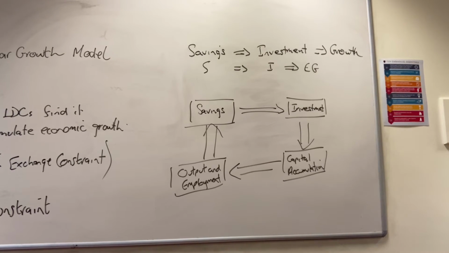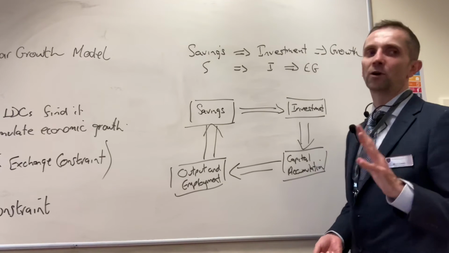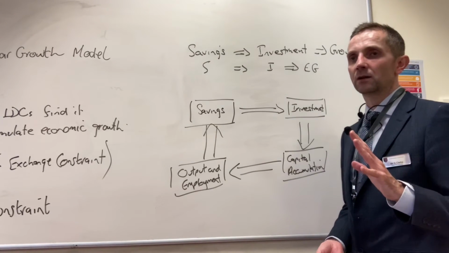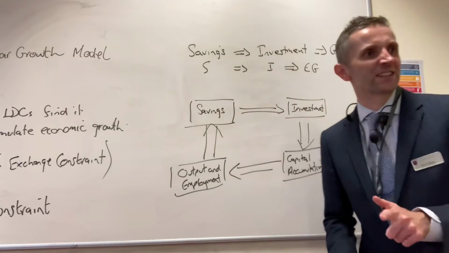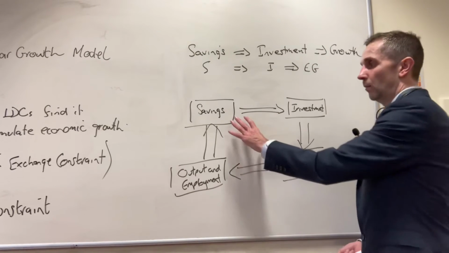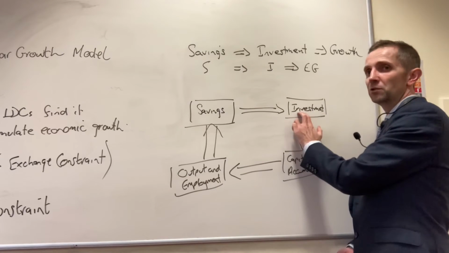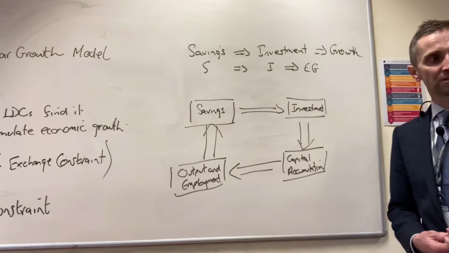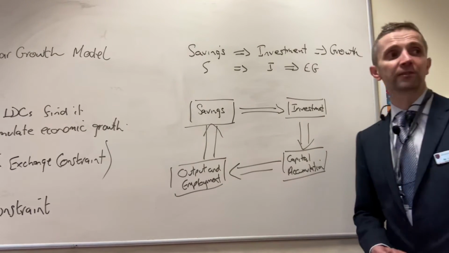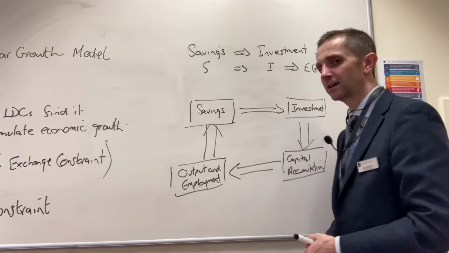So I think a very obvious thing that you could say here at this point is, what's Harrod-Domar saying? He's saying that developing nations will not be able to grow. Why? Because there is a savings constraint. And what's the problem with that? Well, if you do not have enough savings, you do not get any investment, you then do not get the increases in output and employment. And therefore, if you were to illustrate that by way of a diagram,